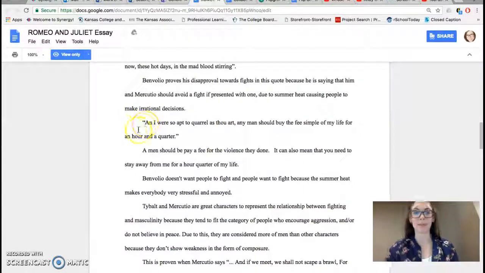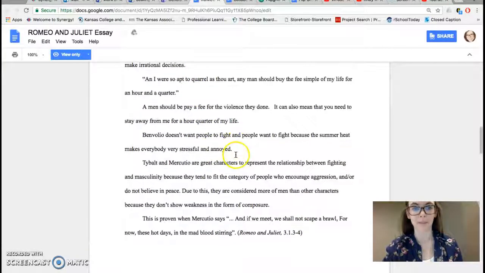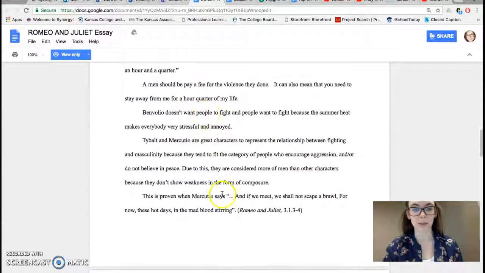Whenever we're doing a second concrete detail in a quote or in a paragraph, make sure you're transitioning and embedding. Don't forget your citations. So we have a citation down here that looks correct, but we're not having it in these other sections, so make sure we're doing that. And again, condense everything to be one paragraph.